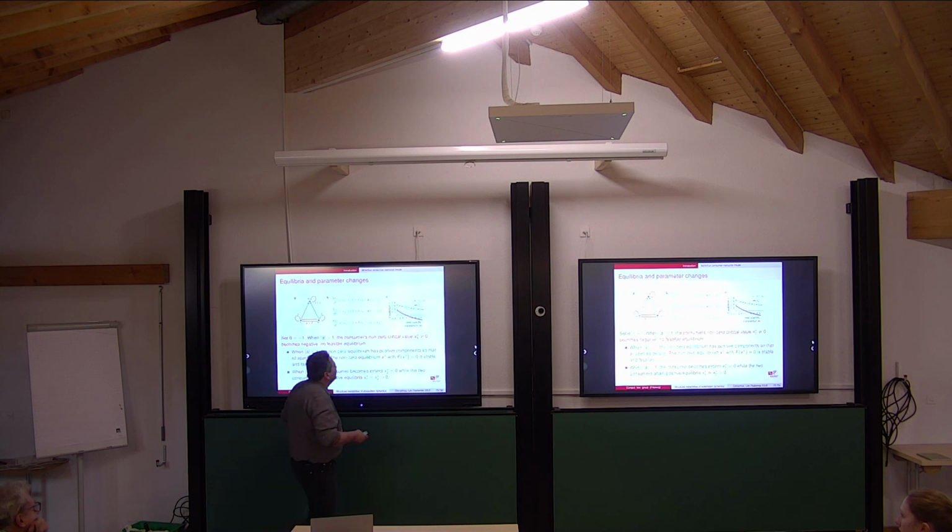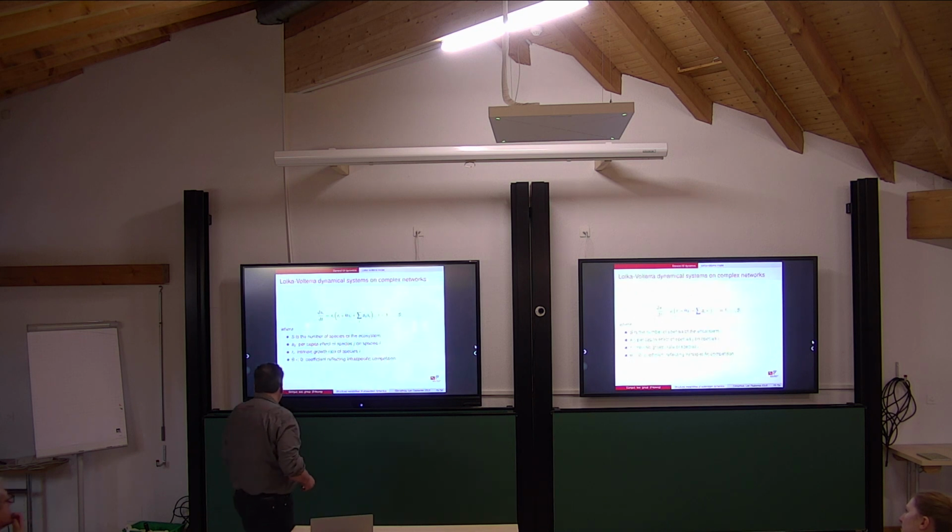Here the consumer is X3. What we see is that if the competition is too high, that is, if A is negative and its absolute value is larger than 1, then competition is too high and the consumer will become extinct. So this is a very simple example of how a change in parameter can lead to a change in the structure of the dynamical system. And so in the general case,